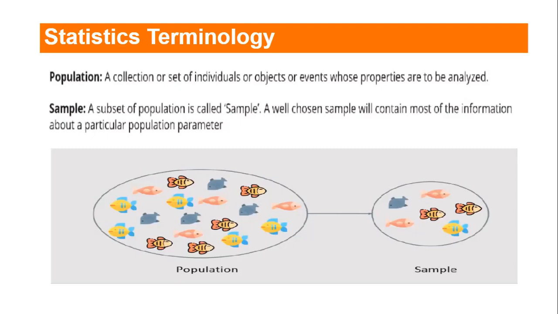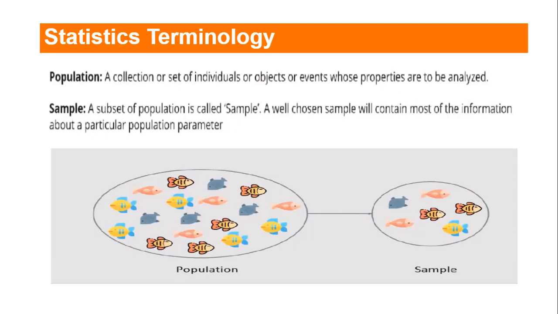Let me take another example. If I say that 8th class standard students are there, and I want to find out the average height of this class. In a class, around 30 to 40 students are there, and of the same age, 8th standard, so height would be around the same, right? What I'll do, out of 40, I'll take out 20 students and measure the height. And simply I'll find the average of that height. And now I can say the average height of the 8th standard is this one.